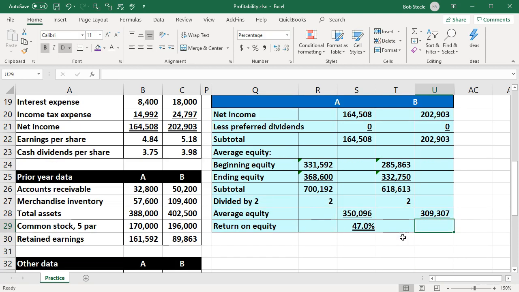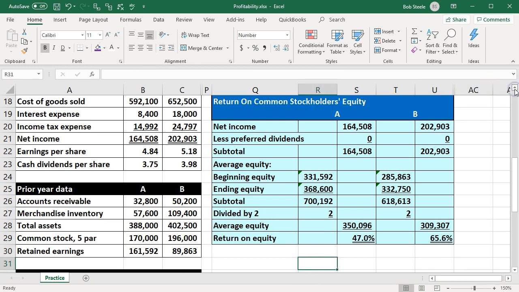And then we can do the final calculation, which will be equal to, in essence, the net income minus any preferred dividends, if there were any, divided by the average equity, which is going to give us the 65.6. Now, when we think about the return on equity, we're considering the net income, the bottom line performance number, and we're considering the average equity, which you could think of as assets minus liabilities, or basically the book value of the company,